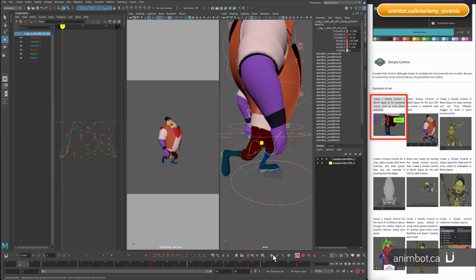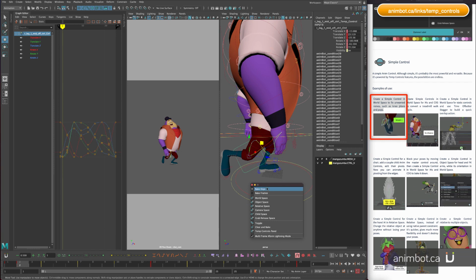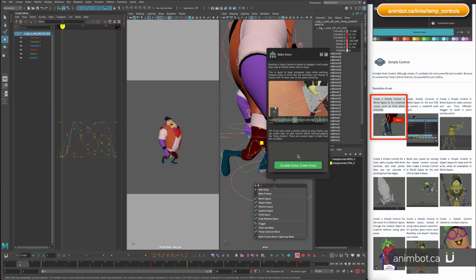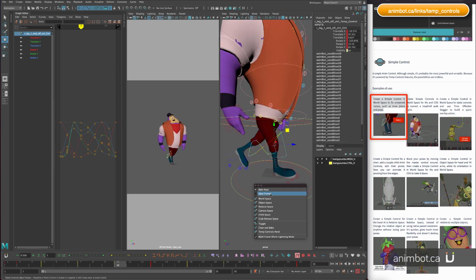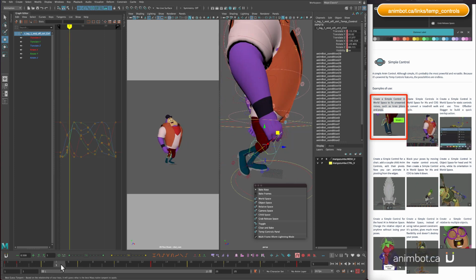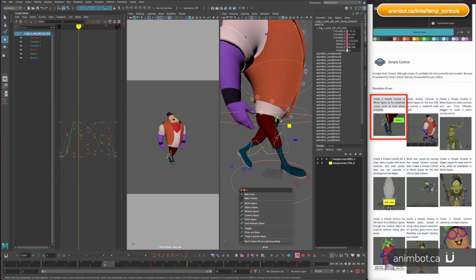Then I can bake it down. But the thing is, there's two ways that you can bake things here. Two modes, bake keys and bake frames. If I bake keys, it's going to bake the keyframes here. If I say bake frames, it's going to bake every single frame. So there's two ways that you can convert this animation back to the rig control and still maintain the arc that you did. You can either just move it to bake frames